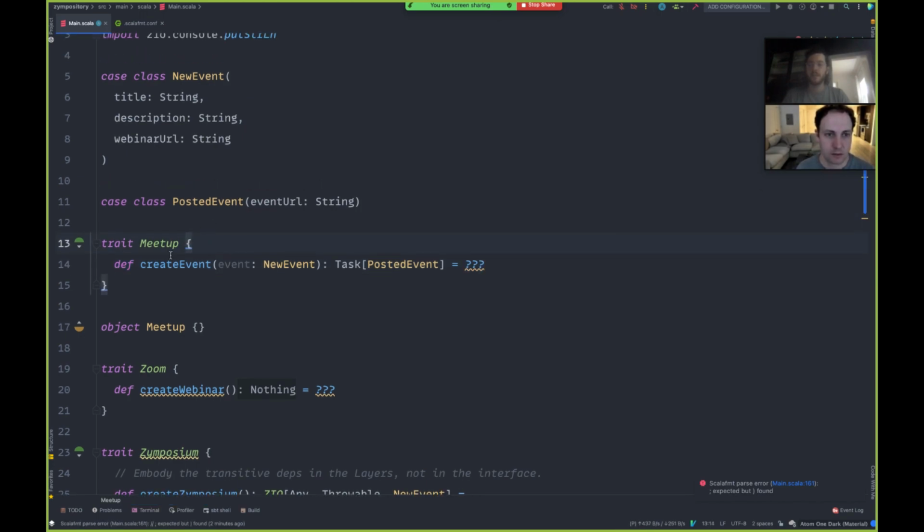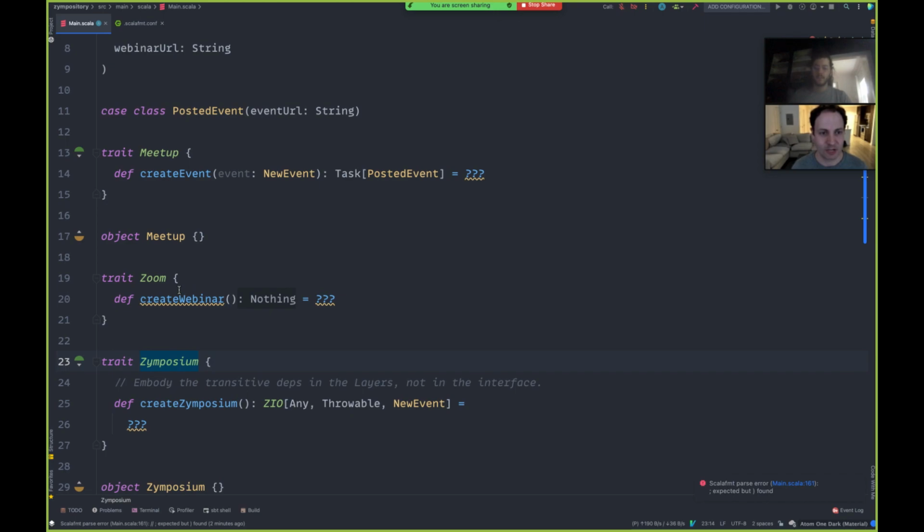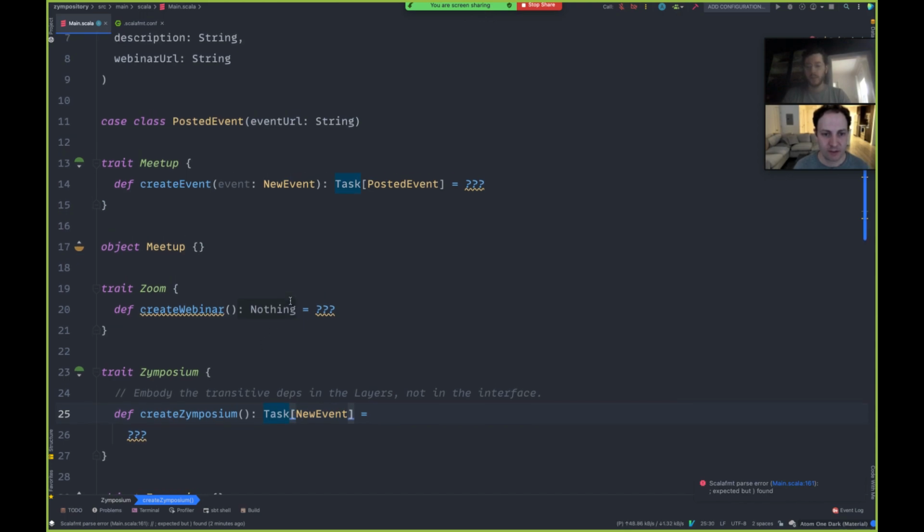I think maybe if there was a world where this Meetup service was going to be used across lots of services and it wasn't so hard coded to our Symposium use case, that would make a lot of sense. Yeah, we're maybe architecting for growing a little bit more, but it's safe to hard code now because we're pretty confident for the near term. And we can always complicate things later.